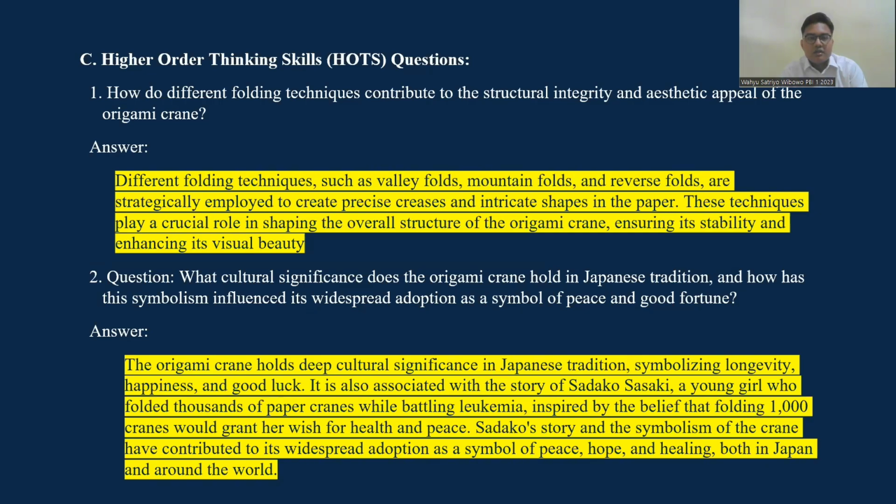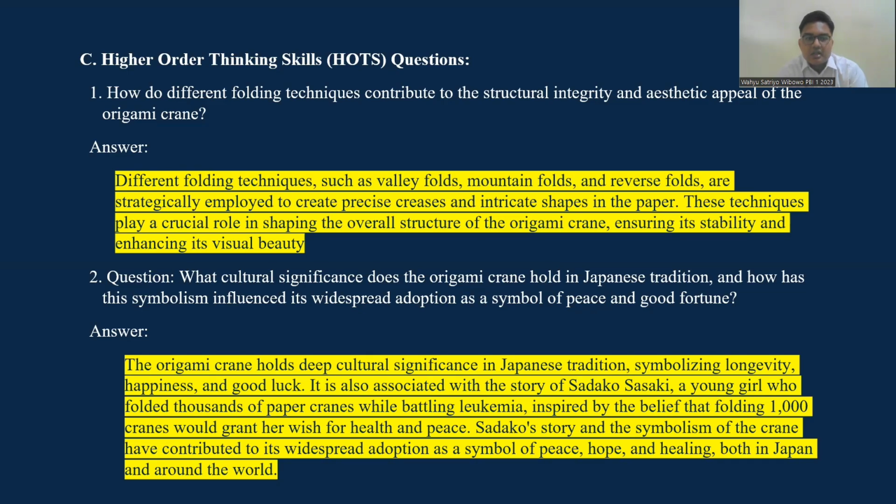Next, we go to the higher order thinking skills. The answer for number 1 is different folding techniques such as valley folds, mountain folds, and soft folds are strategically employed to create precise creases and intricate shapes in the paper. These techniques play a crucial role in shaping the overall structure of the origami crane, ensuring its stability and enhancing its